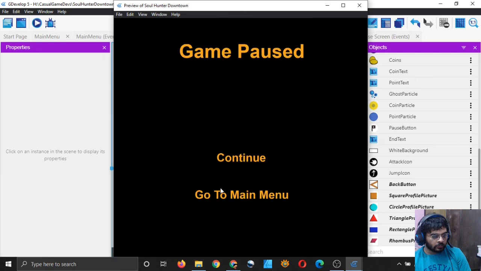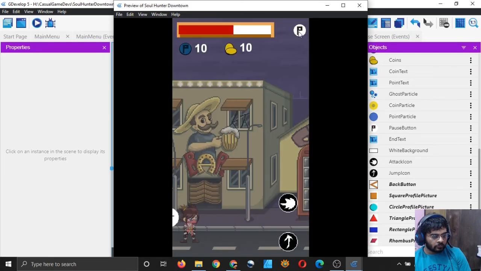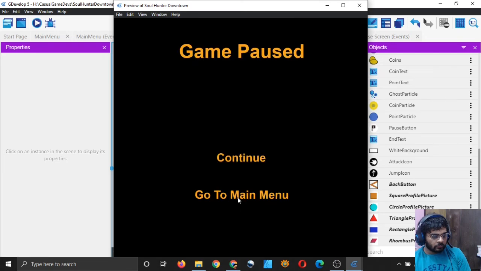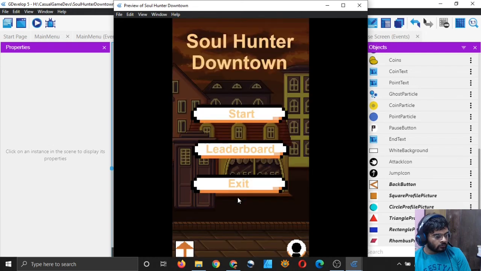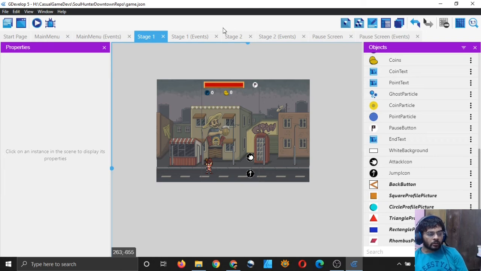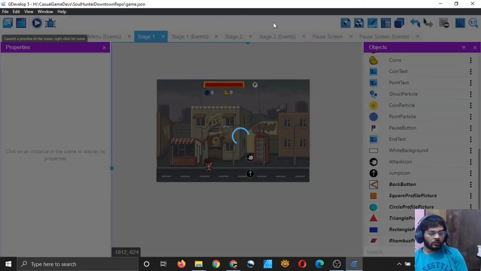It's working. Yeah, it's working. So no problem in that, right? So that's okay. And it's working. That's good. Now I can export the game and test it on my phone, I guess.